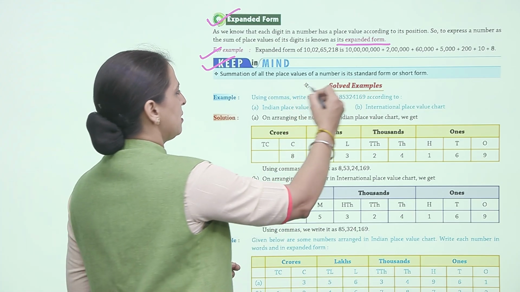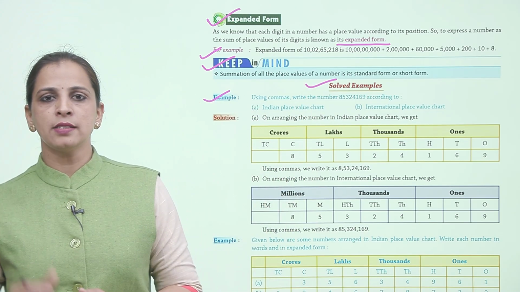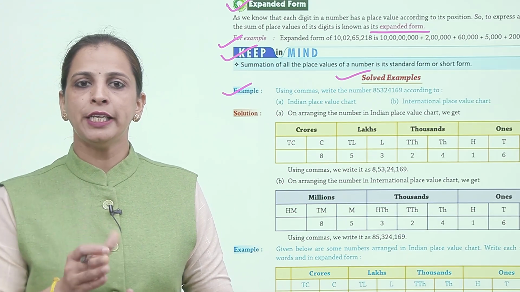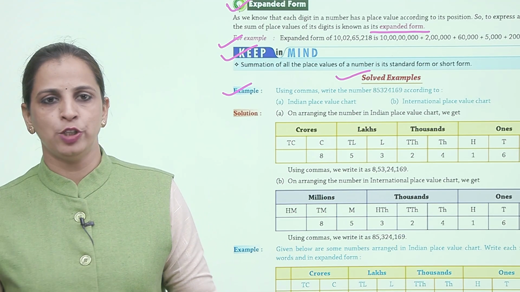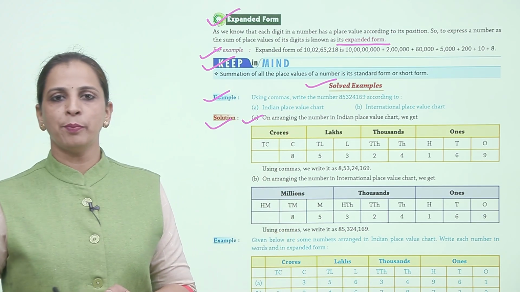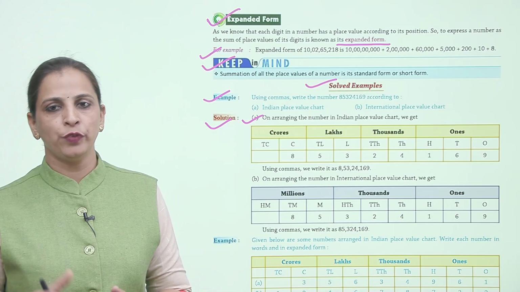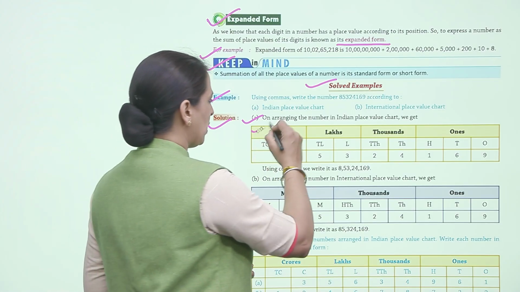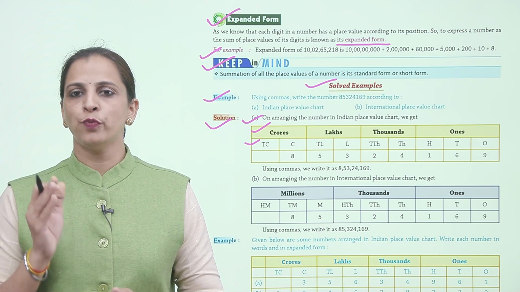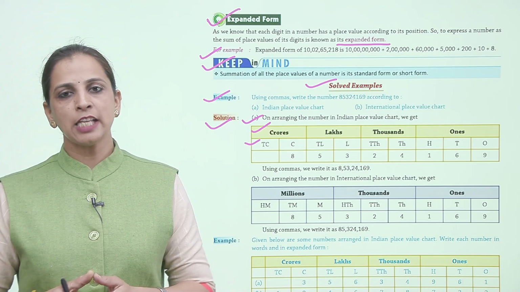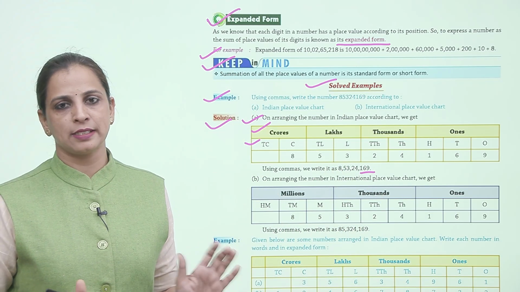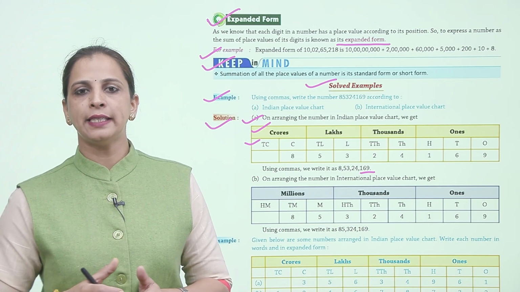Now solved examples. Example करते हैं. Using commas, write the number 85324169 according to Indian place value chart and international place value chart. Solution करते हैं इसका. A part. On arranging the number in Indian place value chart, we get. That is Indian place value chart लिखा. It is 8 crore 53,24,169 और as per Indian place value chart, first 3 digit के बाद comma, after 2 digits के बाद comma. Using comma, we write it as